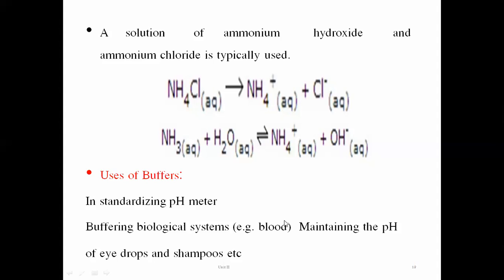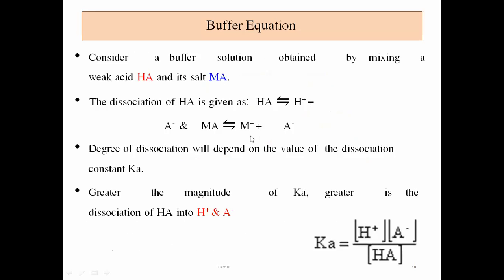So buffering biological systems like blood for the maintenance of pH, for the preparation and formulation of eye drop, because these organs are very sensitive towards the pH of the solution. So eye drops and shampoo, to maintain the pH value of these formulations, we are going to use buffer systems or buffers. So these are some of the importance of